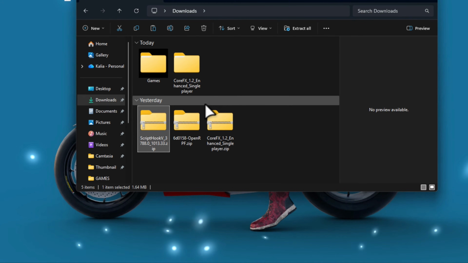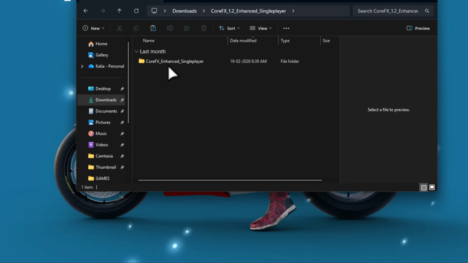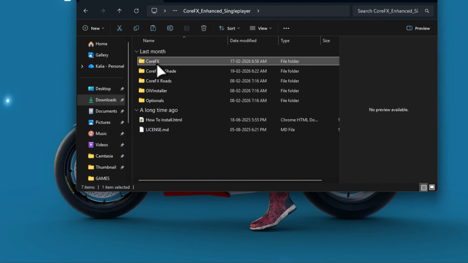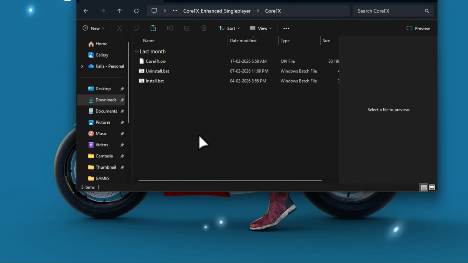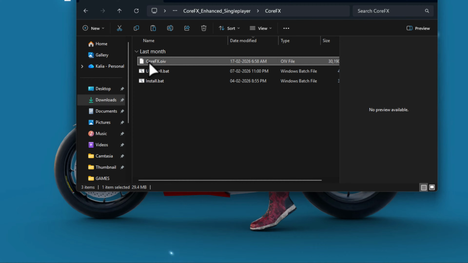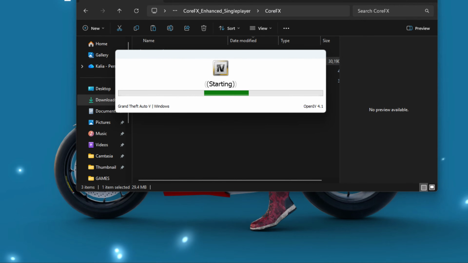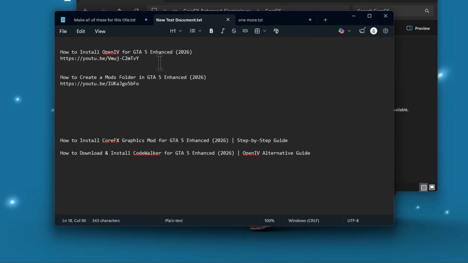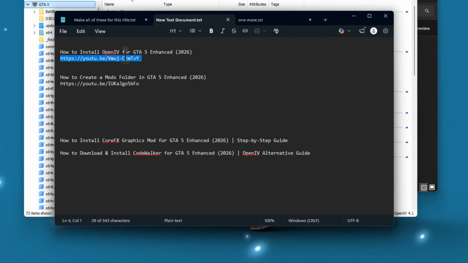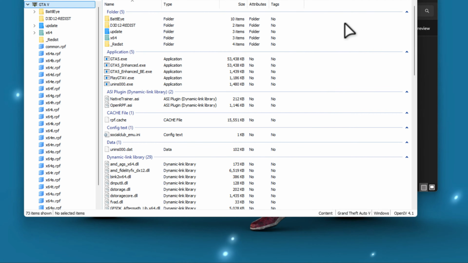Once this is done, open the CoreFX. We need to install using OpenIV. Open OpenIV. If you don't have OpenIV for GTA 5 Enhanced installed, check my video description for this tutorial video on how to install OpenIV for GTA 5 Enhanced. Once installed,